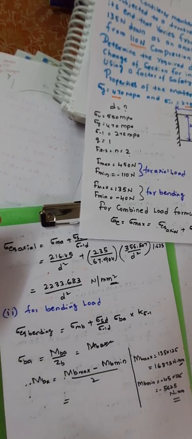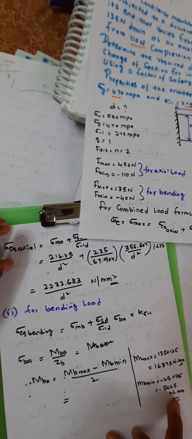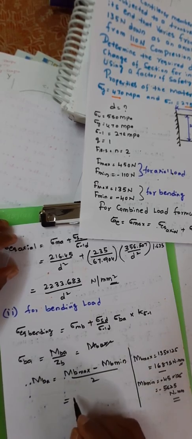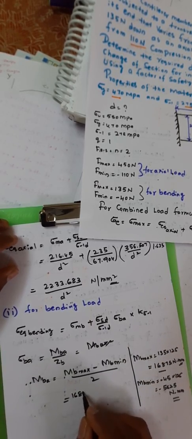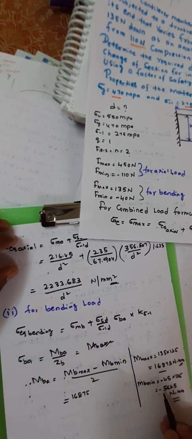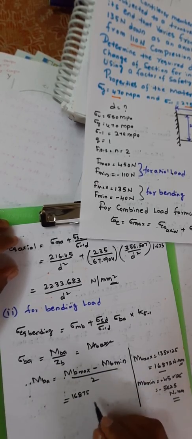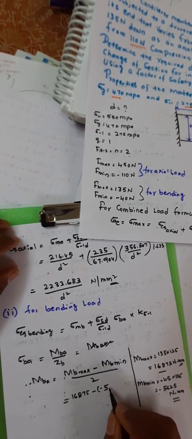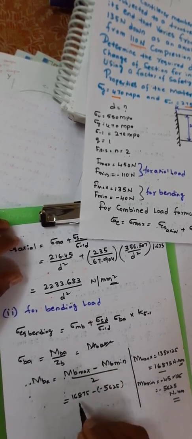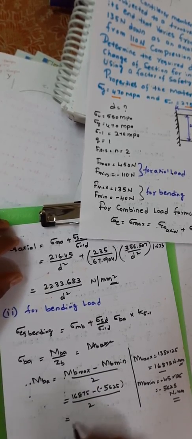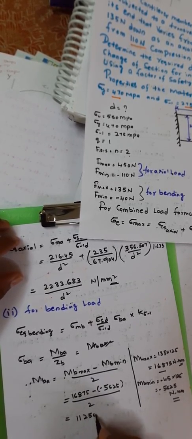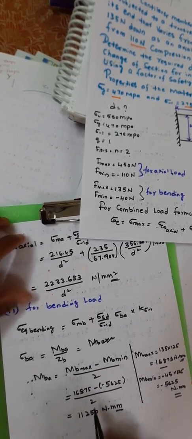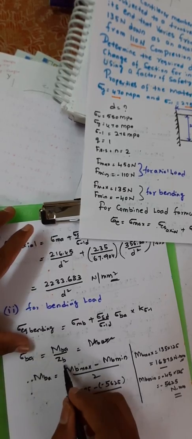Same way, we need to substitute these values into this equation. Now what is mb maximum? We get 16875 minus into minus 5625, divided by 2. If you simplify that, we'll get 11250 Newton millimeter, which is MBA. If you substitute this value into this equation,